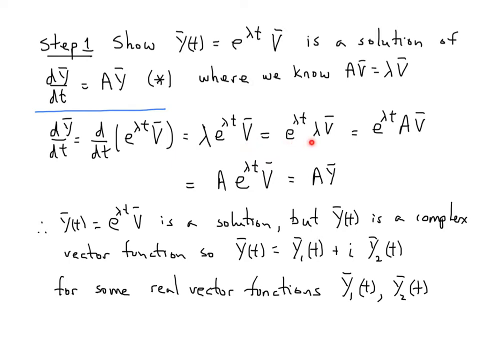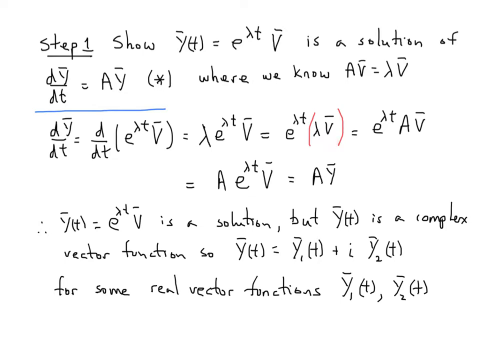The commutative property says that lambda is a number, and for every value of t, e to the lambda t is a number. Well, I'm sorry, a complex number. Lambda is complex. This is complex. Complex numbers also have the commutative property. It doesn't matter what order you multiply them in, you still get the same result. And so here you see me switching the order, e to the lambda t first, times lambda. Using parentheses just to group these, I now observe that lambda v